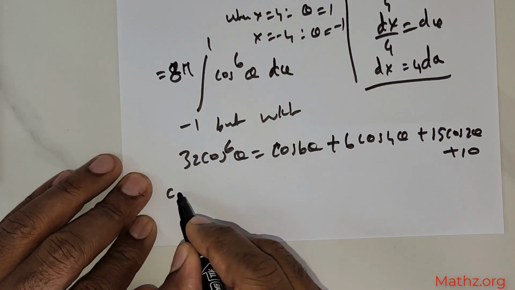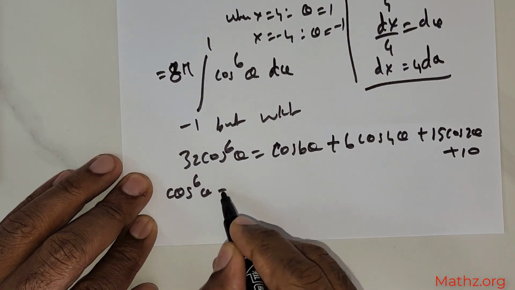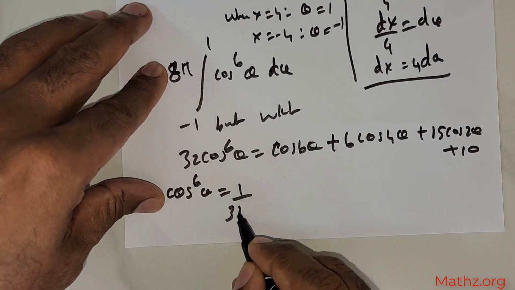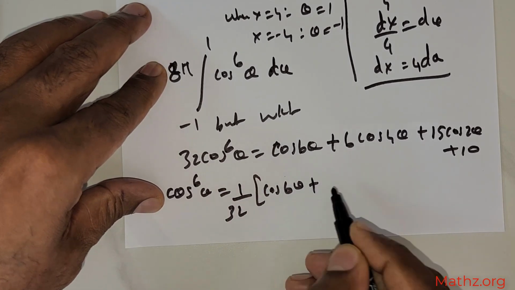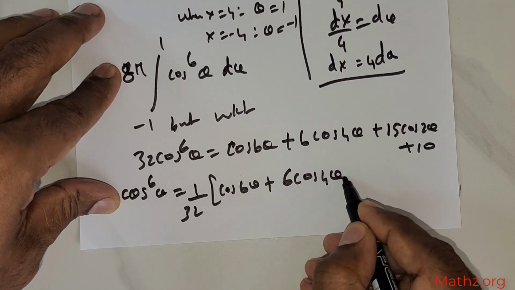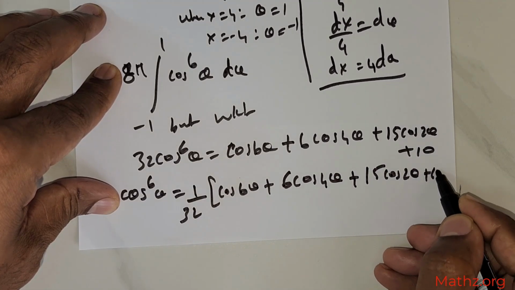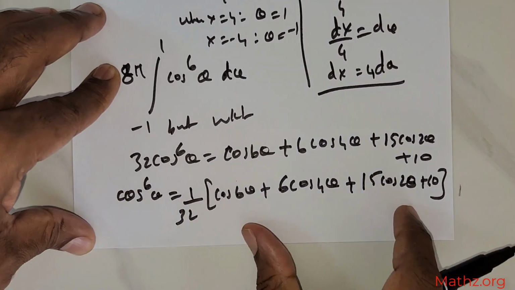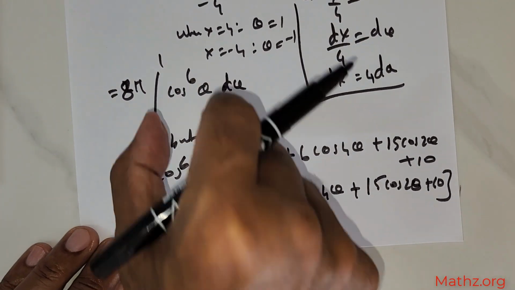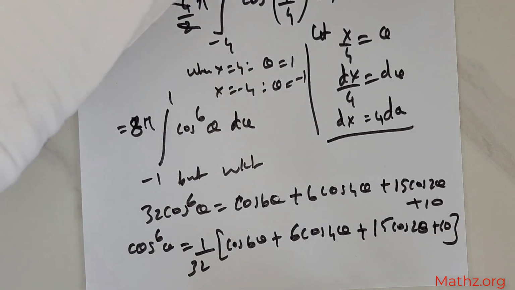So from here, cos^6 theta is equal to 1/32 times (cos 6 theta, positive 6 times cos 4 theta, positive 15 times cos 2 theta, positive 10). Okay, now we take this and we substitute this over here. I need to use another sheet of paper. So